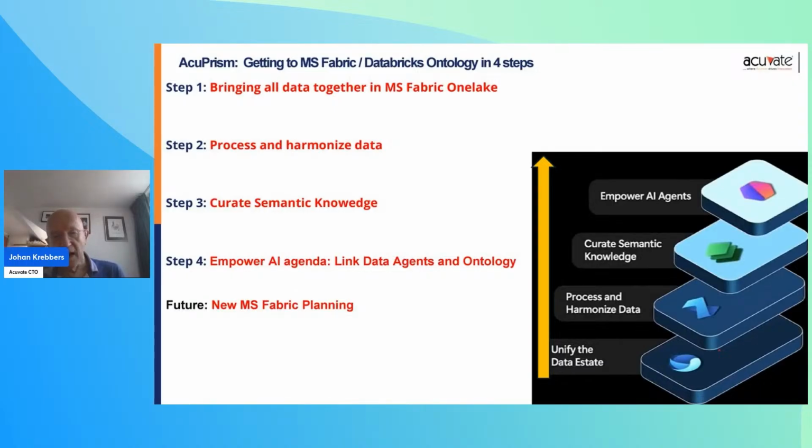Then process and harmonize the data. So you might be contextualizing the data. You might be cleansing the data with the medallion architecture, but you really make sure that the data in your Fabric data and AI platform is aligned, is cleansed, and can be used by your AI layer and by